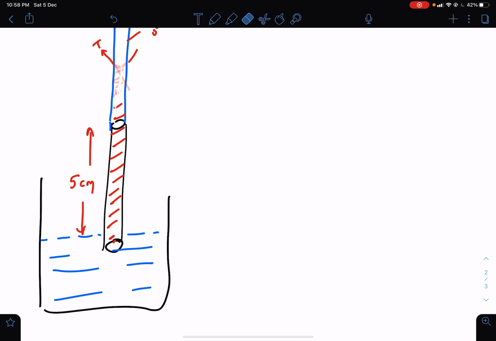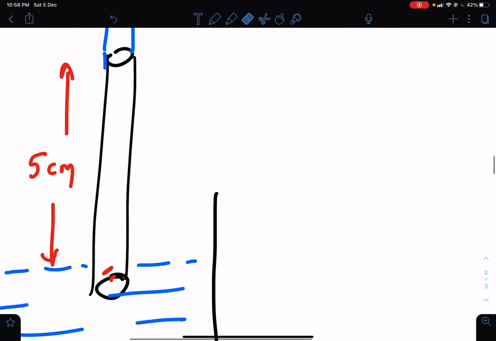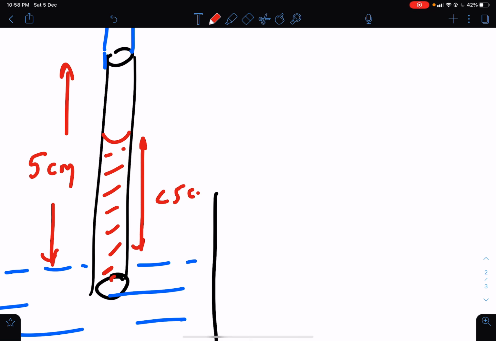Why is assuming less than 5 wrong? Because assuming less than 5 means it is in contact with the lower tube, and we are assuming that less than 5 centimeter it is rising, but that is wrong. Why? Because with the lower tube it is making a 0 degree contact angle, and the lower tube will pull it until the water can reach up to 7.5 centimeter. So less than 5 centimeter is wrong, and greater than 5 centimeter is also wrong.